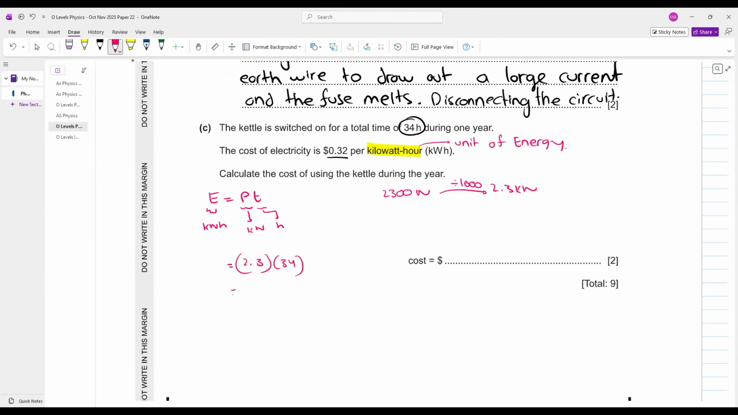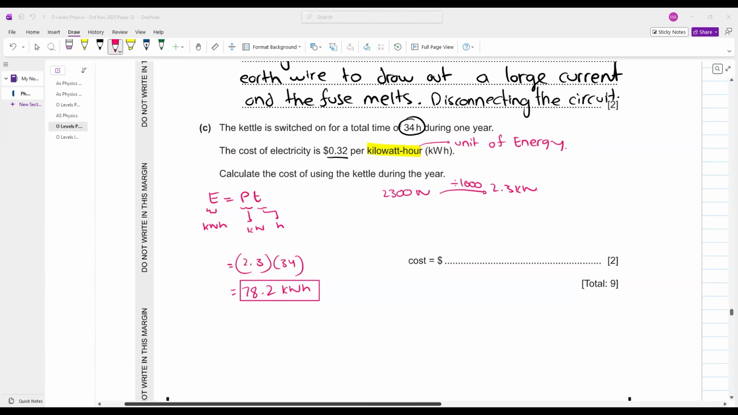34 आवर्स. कैन यू कैलकुलेट द एनर्जी बेटा? 2.3 इंटू 34. क्या आंसर आ गया? 78.2 किलो वॉट आवर. हमेशा एक की पॉइंट याद रखो बेटा, वेन एवर यू हैव टू कैलकुलेट द एनर्जी इन टर्म्स ऑफ किलो वॉट आवर, पावर आपकी किलो वॉट में होगी, टाइम आपका आवर्स में होगा. सिंपल. नाउ